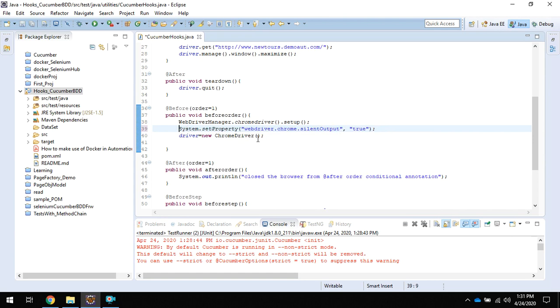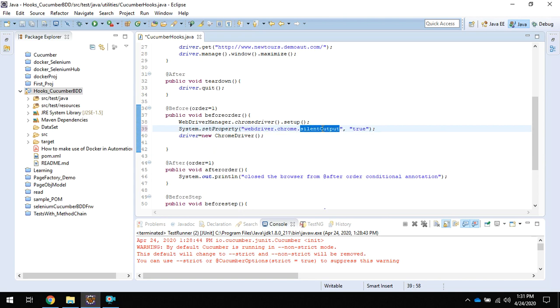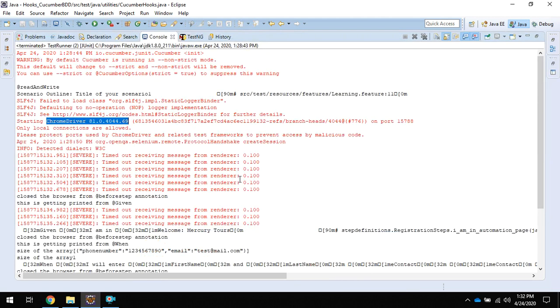Wherever you are initializing the browser, on top of that, you write this line of statement. The event name is silent output event. We are enabling that, which is true for the browser's WebDriver. You can write this line of statement if you use WebDriver Manager, or if you use the traditional way of System.setProperty with the type of the driver and the path of the driver exe. Even in that case, you can use this System.setProperty to enable or disable the silent output. So once you enable this silent output, you execute the automation suite,